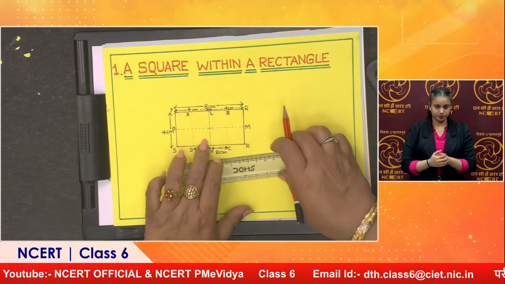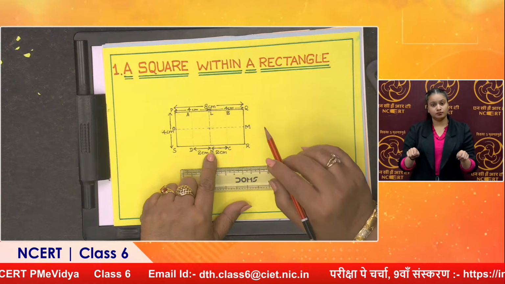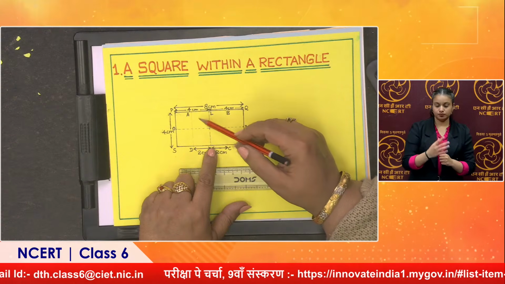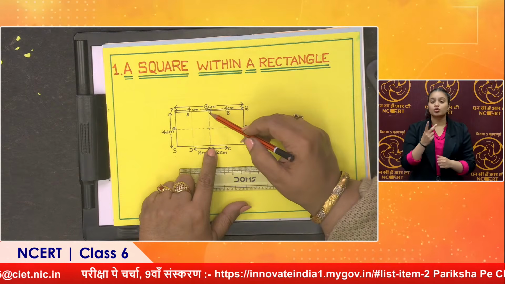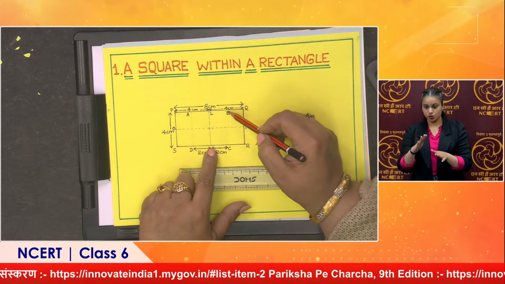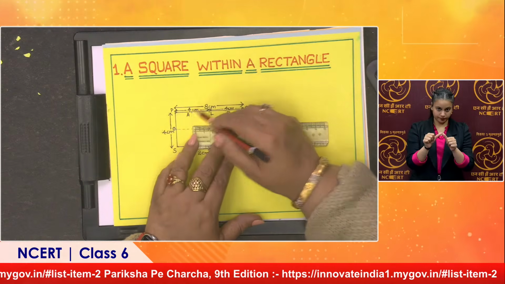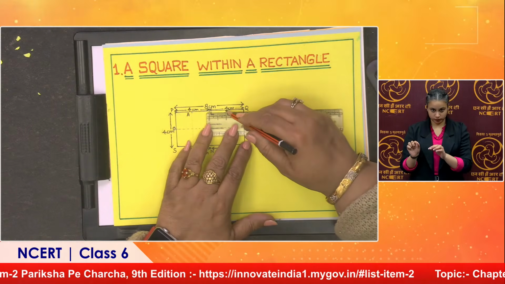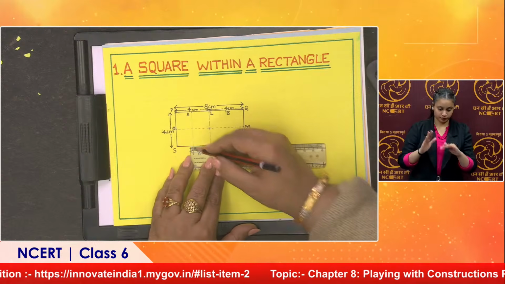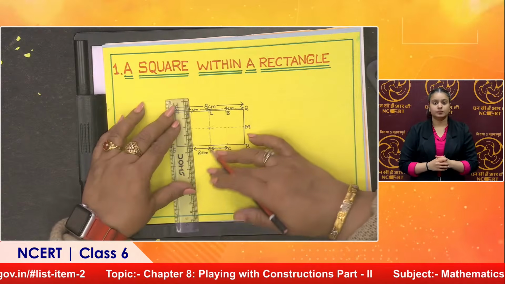Okay. After getting this, I know a square has all the sides of equal length, right. So, here I am having this as 4 centimeters. Alright. So, I will be taking 2 centimeters towards the left of L and 2 centimeters towards the right of L. So, let me mark this point as A here at 2 centimeters and here also point B with 2 centimeters. Likewise, below also let me mark this as 2 centimeters on both the sides of point N. Now, if I join this,